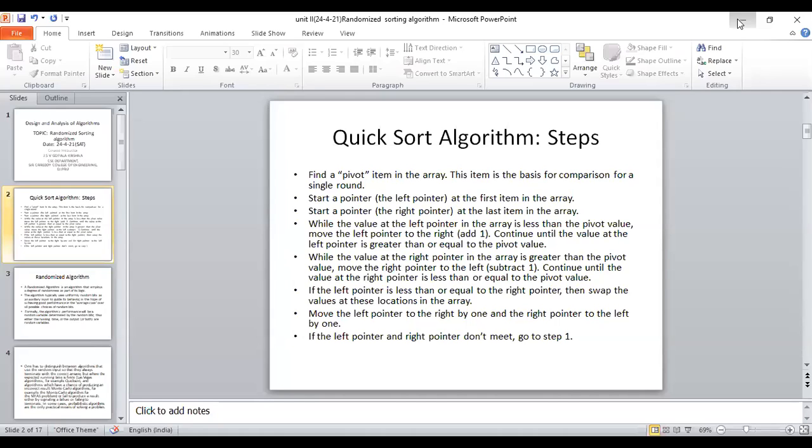So RQuicksort and Quicksort: Quicksort is a general algorithm, and we are not using any randomization. RQuicksort is a randomized Quicksort algorithm. We are taking a random number as the pivot, or some other number like this, without employing the median of 3 element rule, so we are not considering the median case.